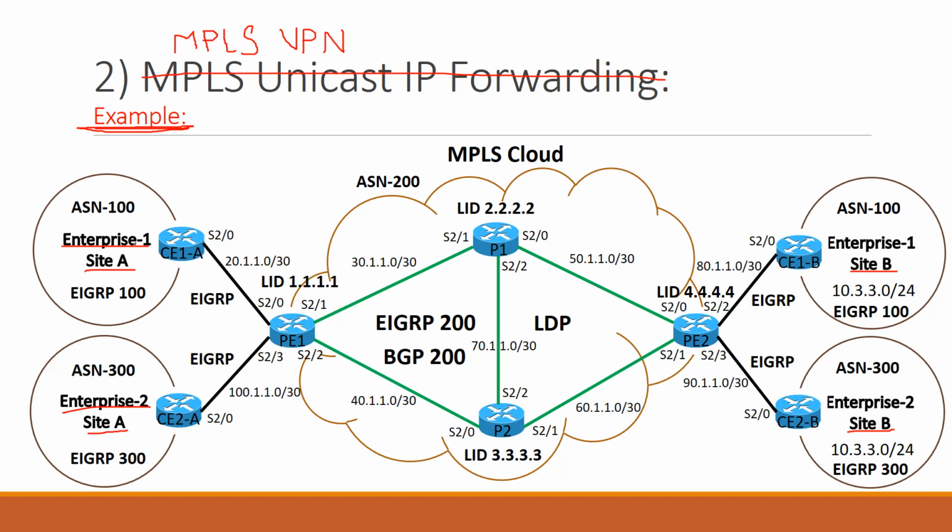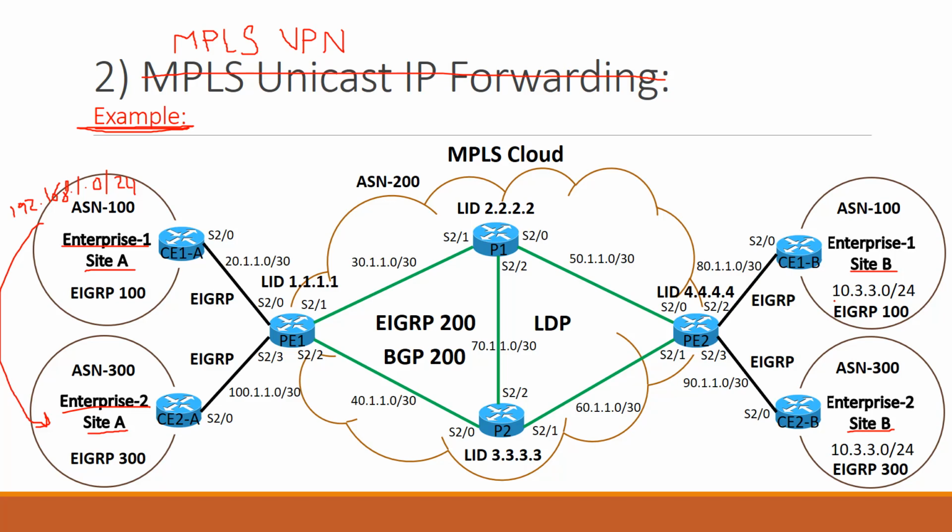And site A for enterprise 1 will use 192.168.1.0/24,